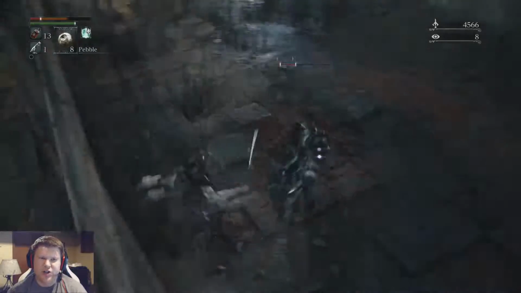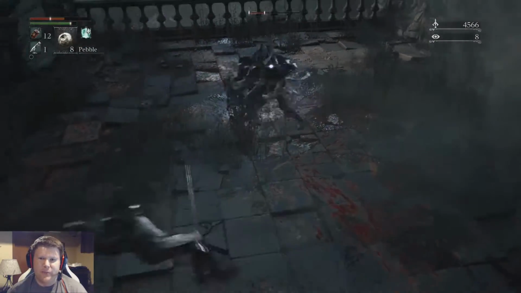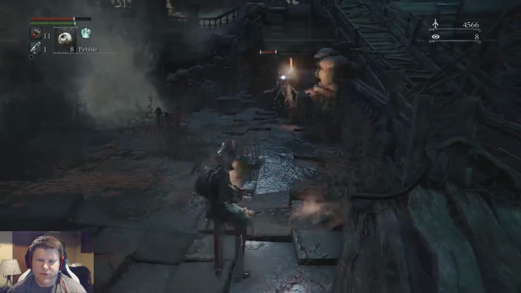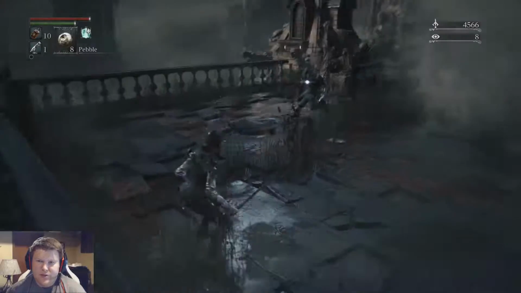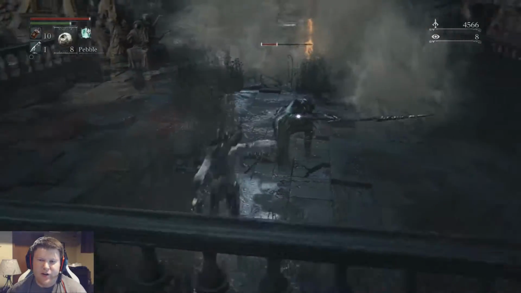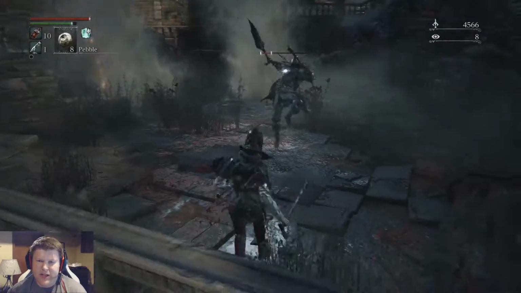See, when he does the little charge-up attack, obviously it'll kill me if I get hit, but it's actually a really good opportunity to try and do an interrupt with the gun. I'm just trying to stay alive at this point. I may or may not have gotten in over my head with a lack of Quicksilver bullets, and I kind of wasted a bunch at the beginning, so...